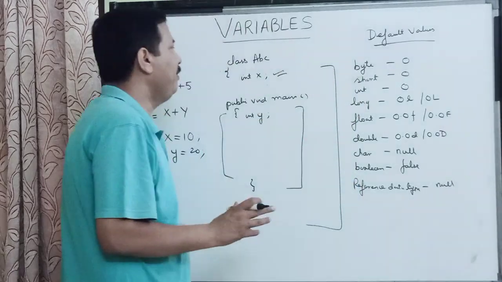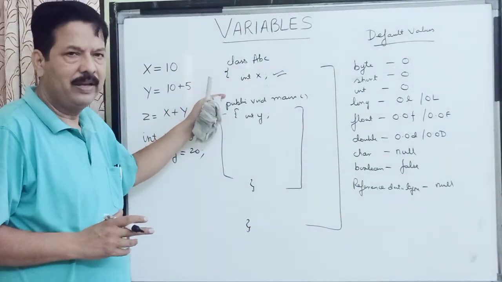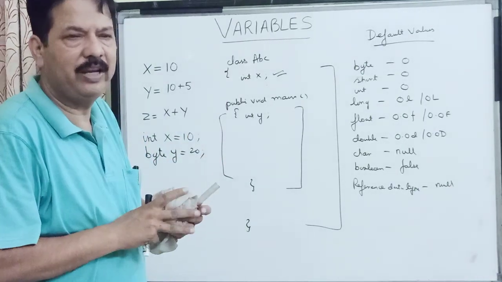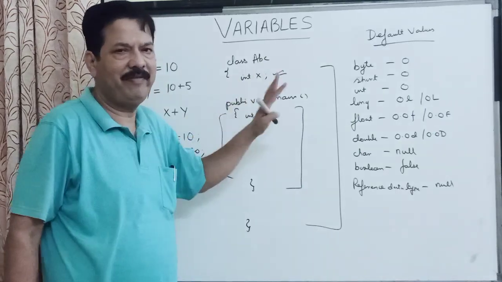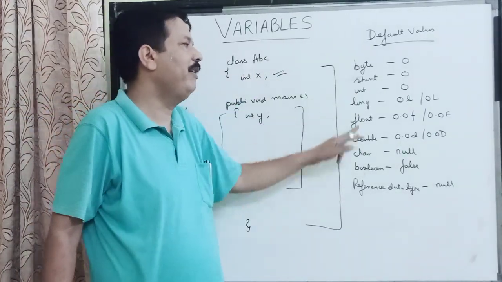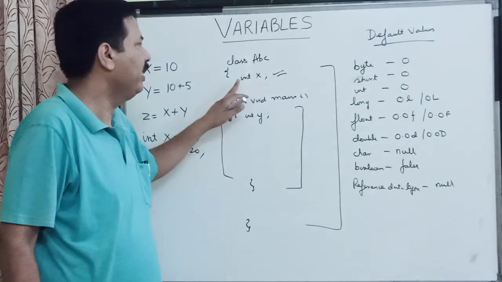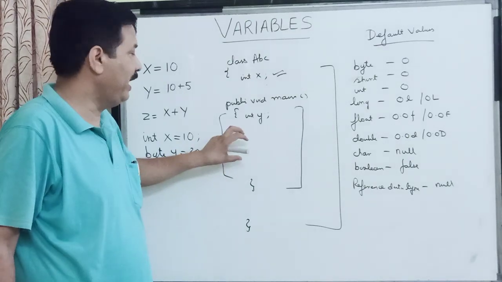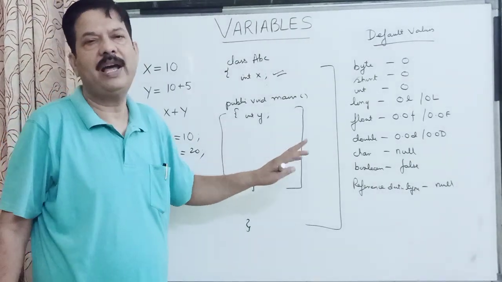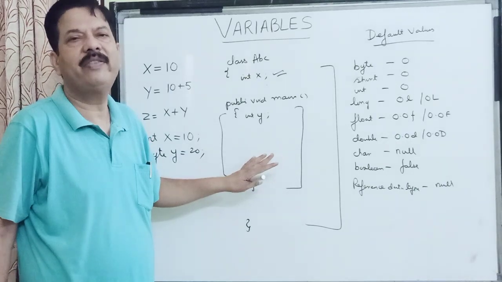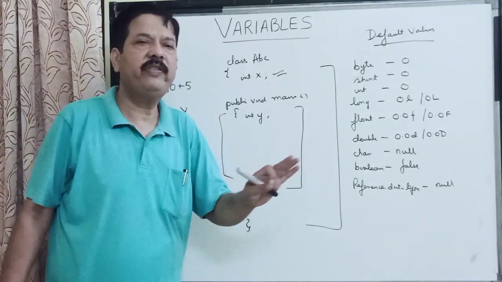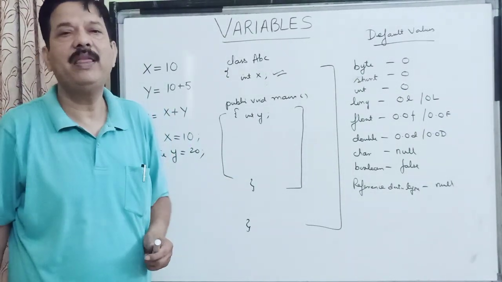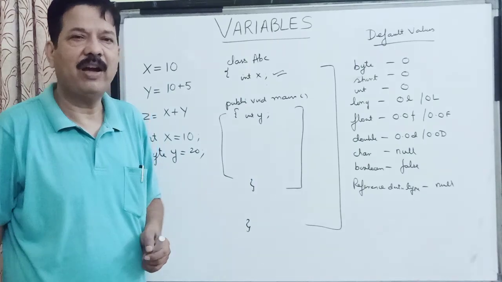So children, the variables declared within a class are of two types: instance variables and class variables. If I don't initialize them with any value, then these default values are automatically assigned to these class variables. But any variable which is defined within a method or within any local block has to be initialized by the user, otherwise the compiler gives an error. So children, this is regarding the variables. They are very important, and the next topic we are going to continue with will be expressions in Java. Thank you very much.